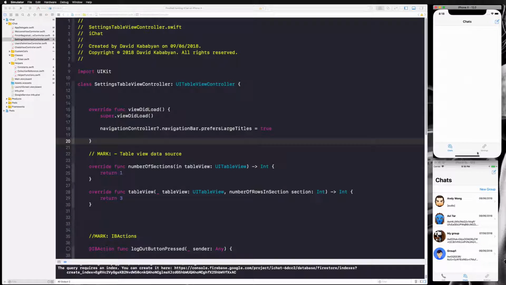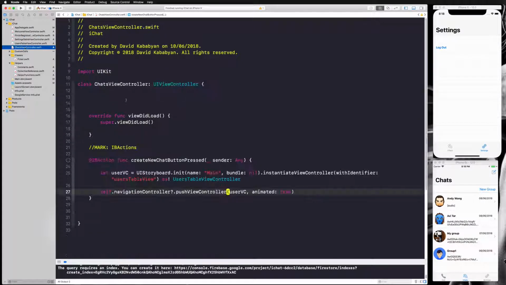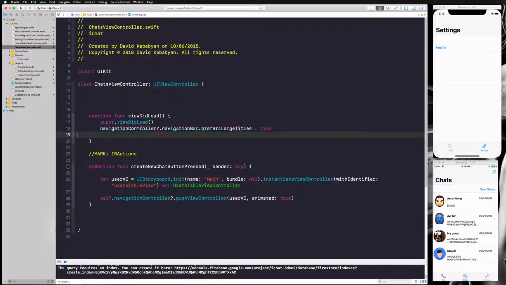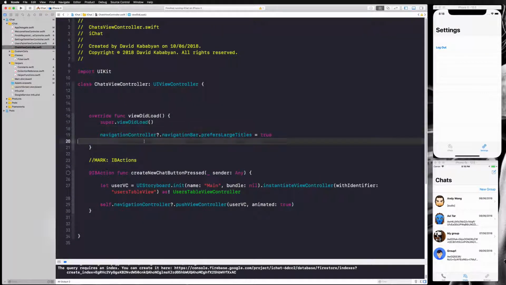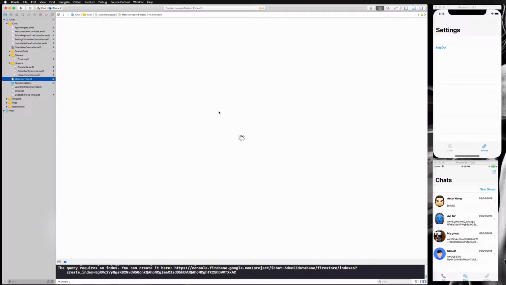If you remember when we did the title for our settings, we go to our settings table view controller. In view did load we have our handy code that we can copy. So let's go to our chats view controller here and paste this code in our view did load. And then I'm going to go to my storyboard,